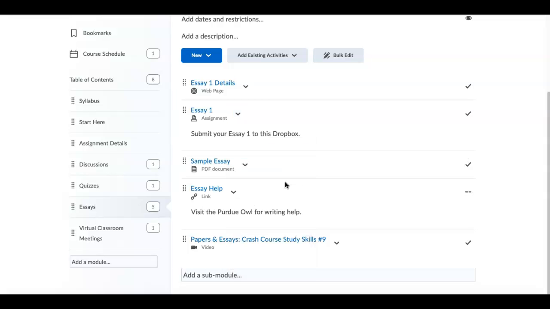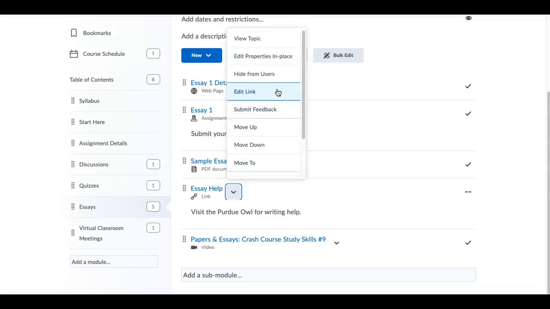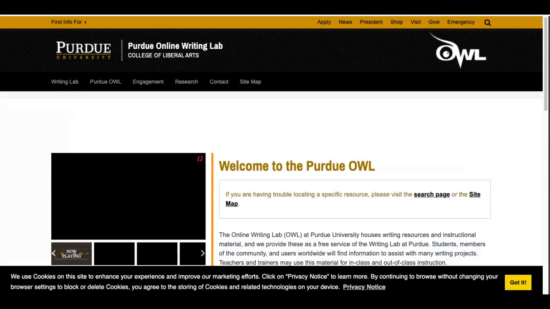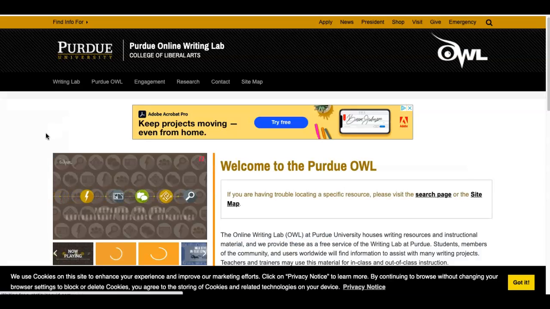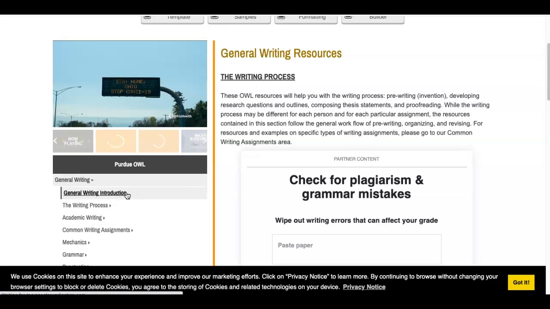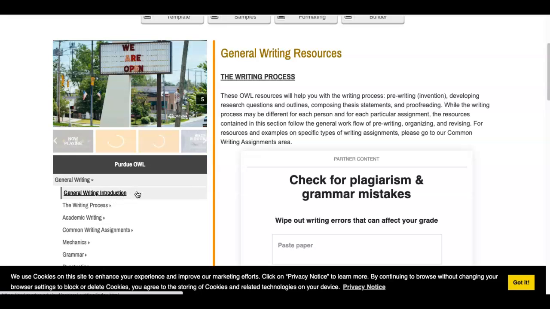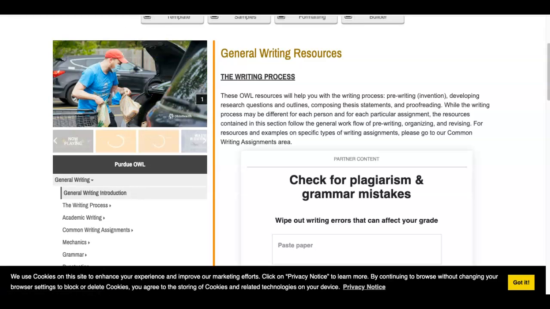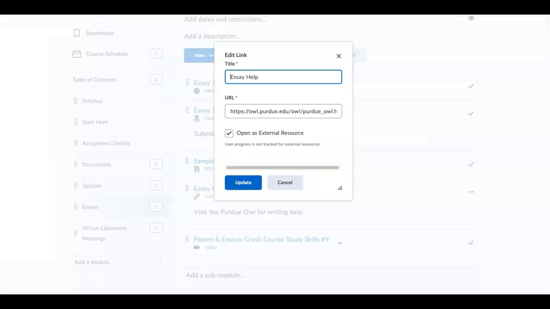Now, suppose you have a link and it's not going to the exact right place you want it to go. You can click this menu and also click Edit Link. And here you have the title, and say you need a new URL. Here this links to the main page, but really I needed it to go to a link within the page about general writing introductions. And so I need to go to this website, copy the new link, go back to